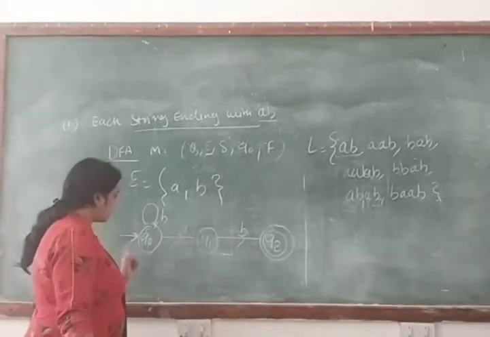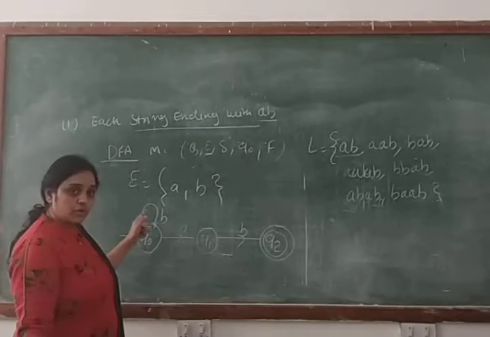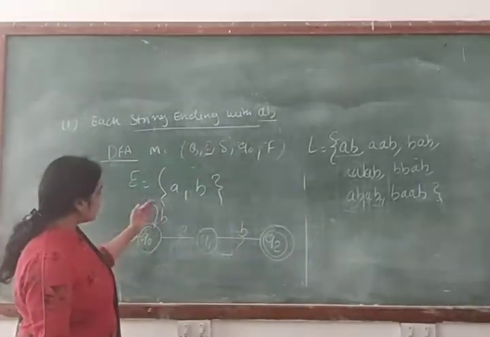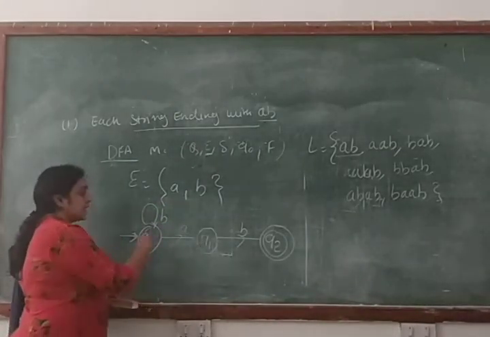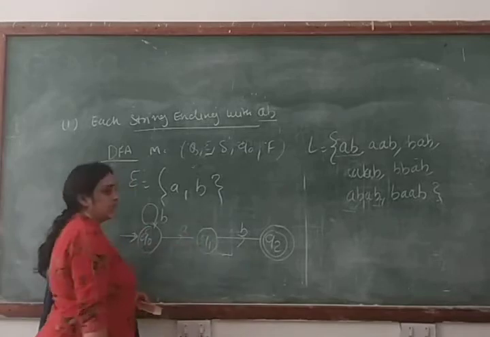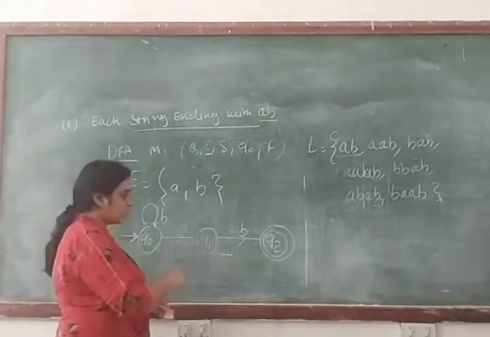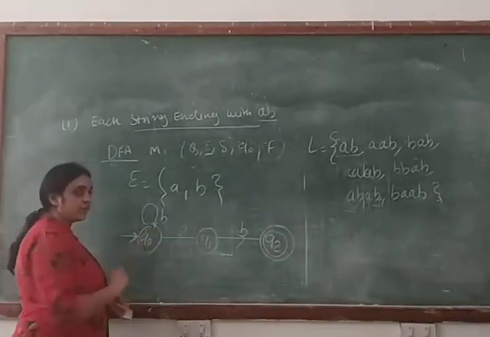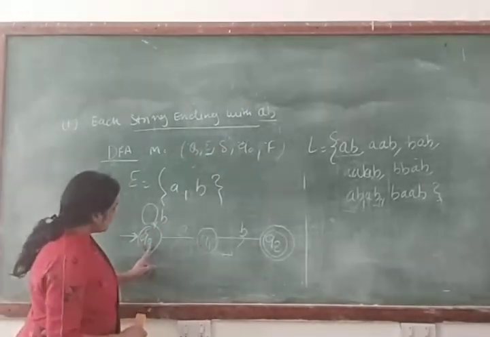You have also checked from Q0 to Q2. Now we will check from Q0 to Q0. If you are making a transition from Q0 to Q0, then what will happen? In that case, our machine will accept B, A, B. And yes, this string is a part of your language. So we can make a transition for the input symbol B from the state Q0 to Q0. Clear?